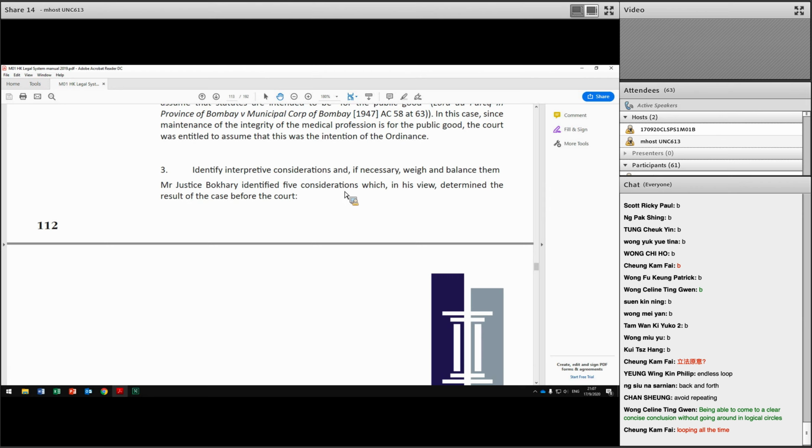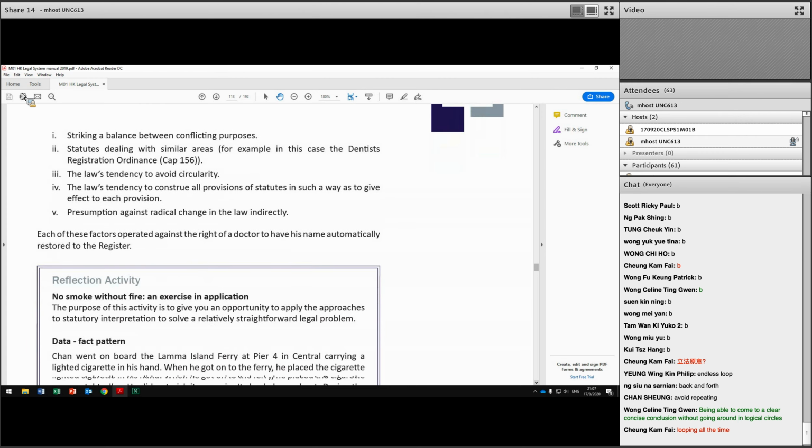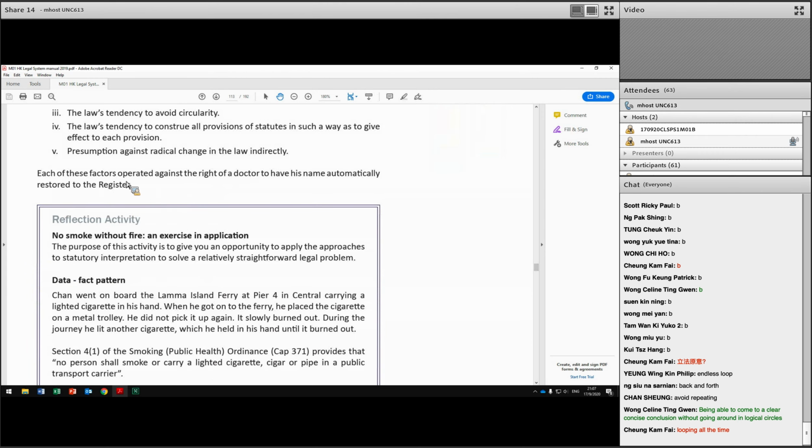Number 3, identify interpretive considerations and weigh and balance them. So these are the 5 interpretive considerations. In the conclusion, the court held that each of these factors operated against the right of a doctor to have his name automatically restored to the register. So it means that all the factors point to the conclusion that the restoration should be at the discretion of